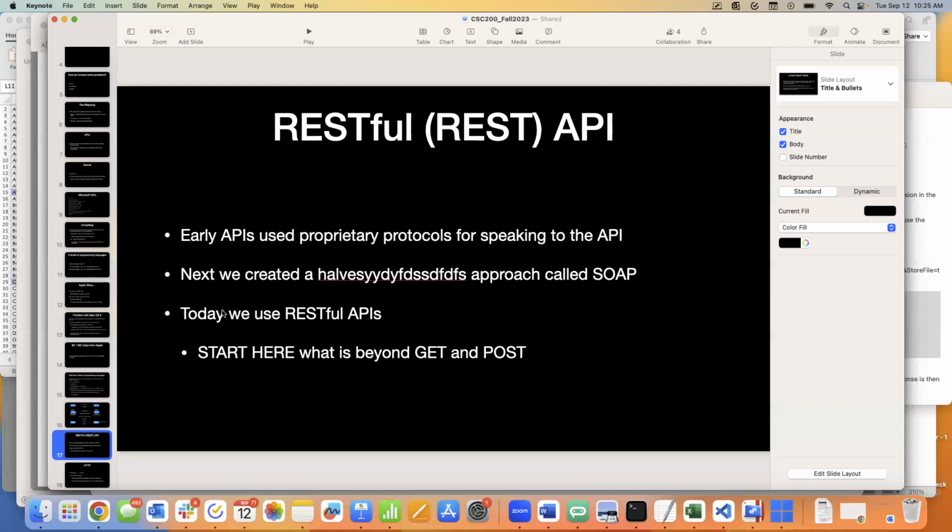SOAP APIs are like super strict. They have super strict standards. Well, REST stuff, how I typically use is RESTful. The APIs can kind of fill in the blanks a little bit, and SOAPs have to like be very, you have to put in certain things and like be very technical.